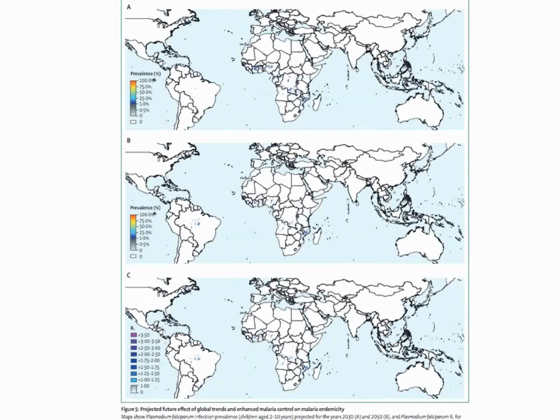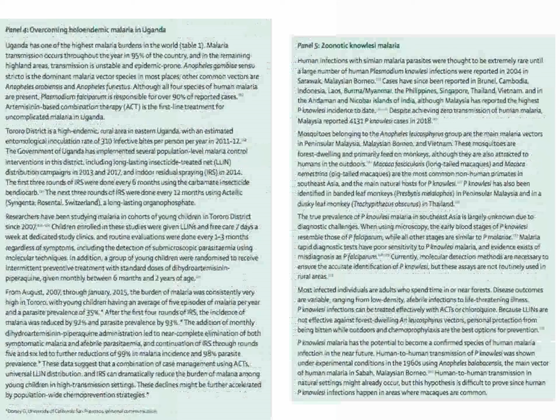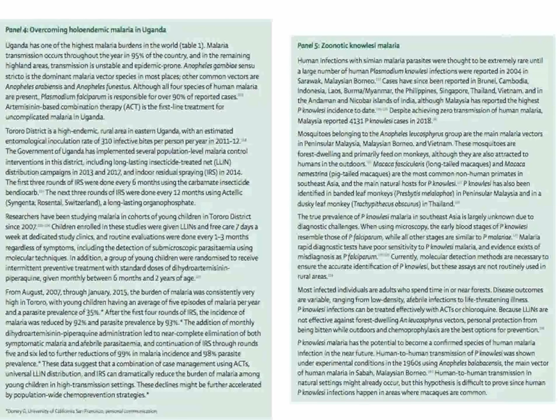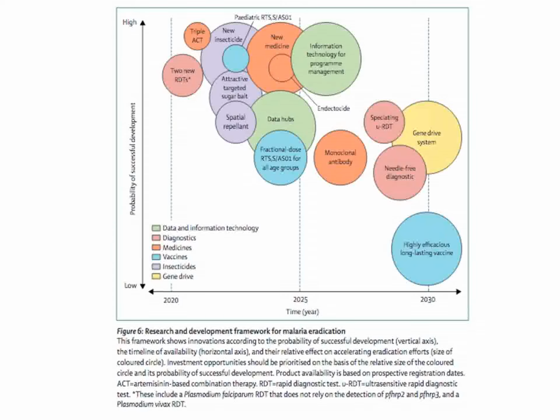It goes above and beyond mosquito netting, obviously, and all of these innovative strategies and potential threats of urban malaria are discussed in great detail in this review, although the major social obstacles, in my view, are not mentioned because they're